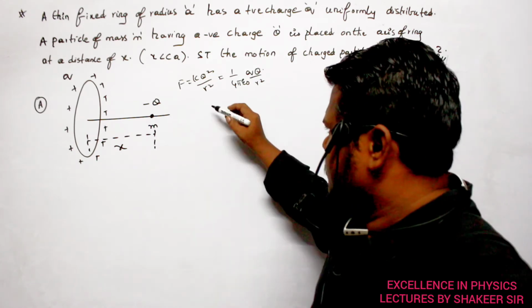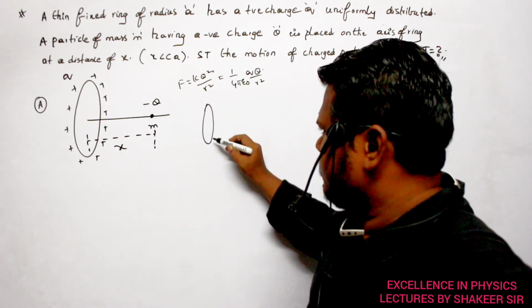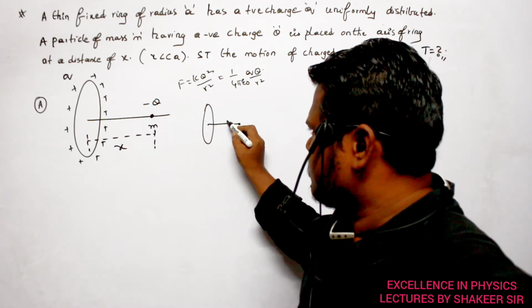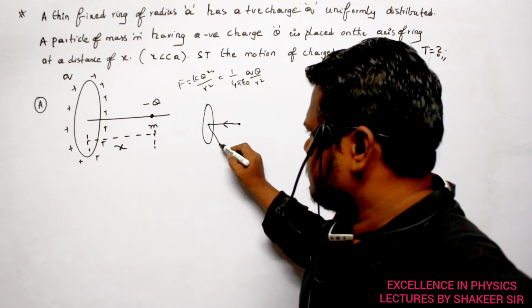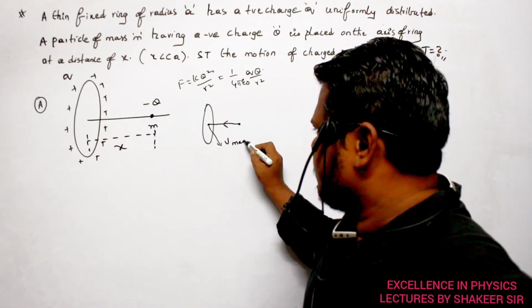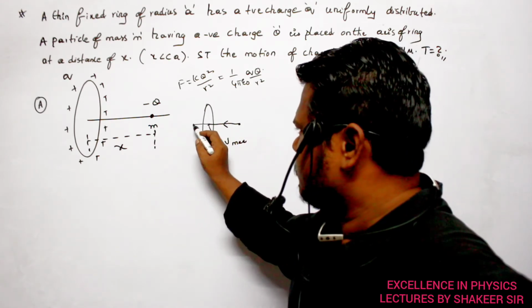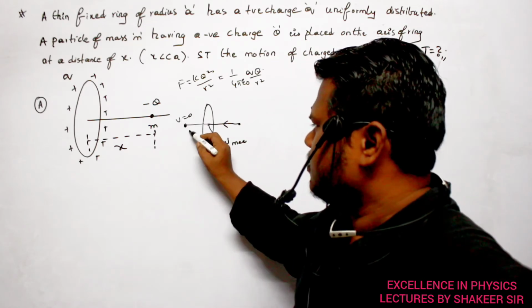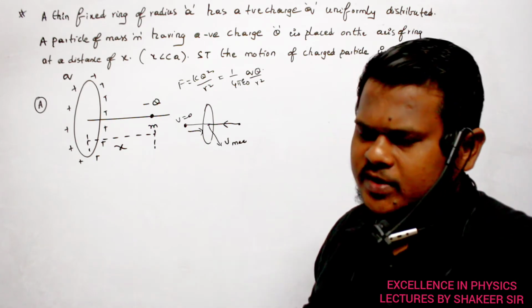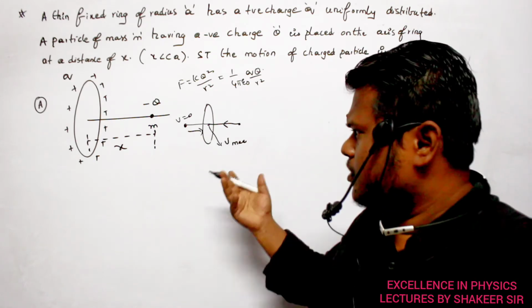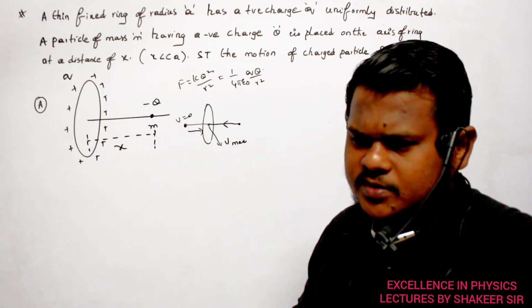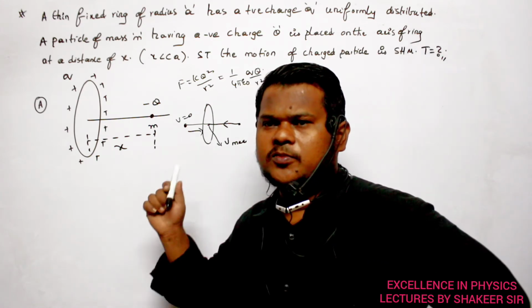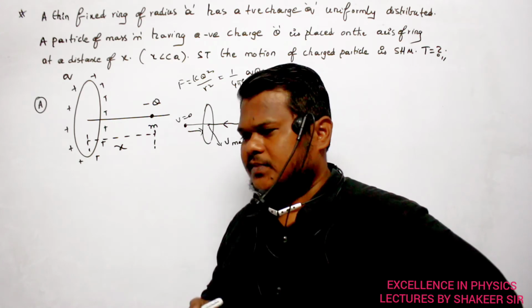Are you able to understand? So for example, this is the ring here, and this is the center. Continuously the charge moves in this direction. Here the velocity will be maximum. But it cannot stop here. It will go to the other side, and here it will stop. Again here the velocity will become 0. Then it starts returning back also. This is what will happen. So definitely I can say this force is a variable force and it produces simple harmonic motion in this charge.